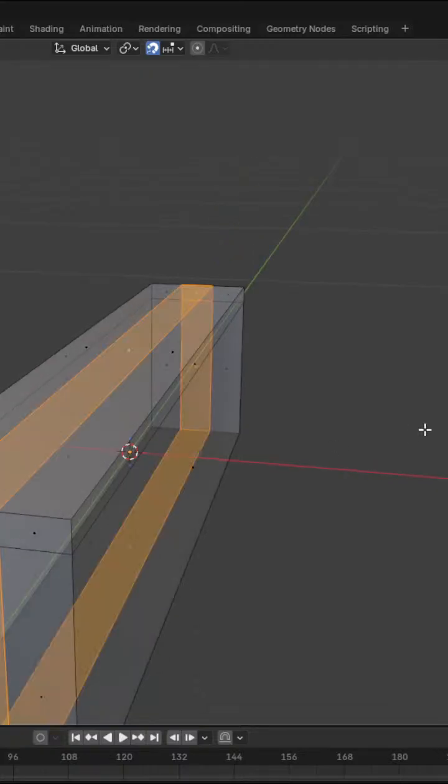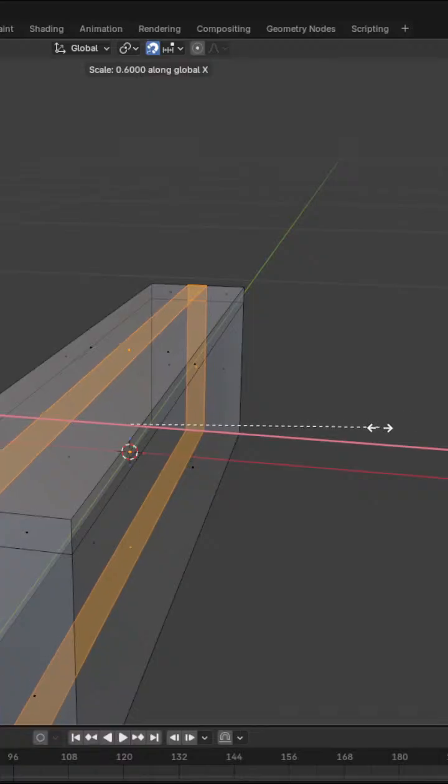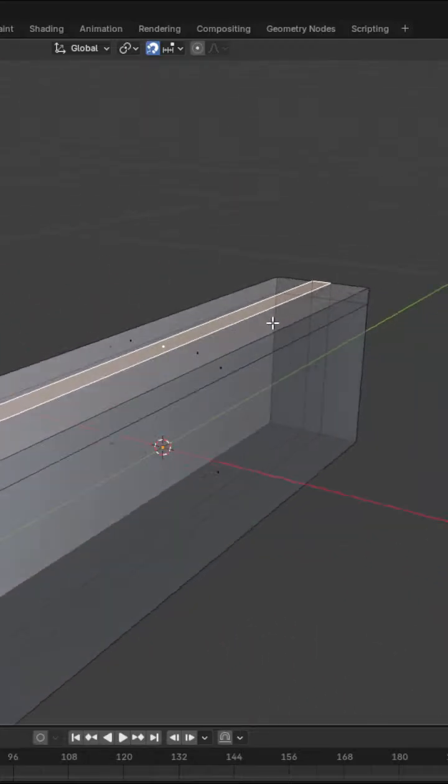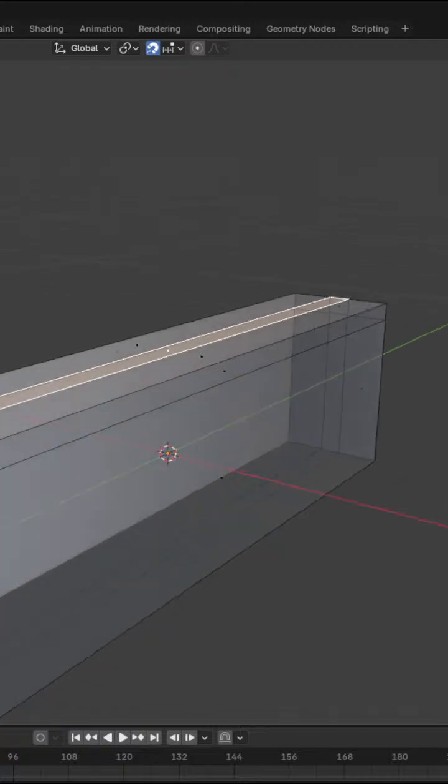And then if I do this and scale on the X, that will be for the zip, this face here. And if I want to add a slight curve,